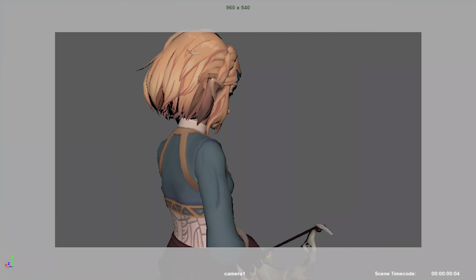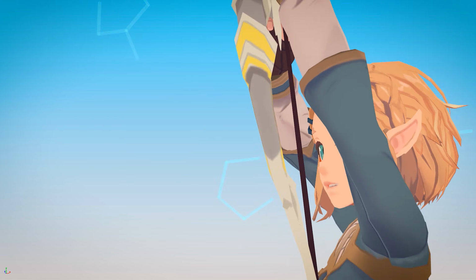You finally completed your animation and now it's time to showcase it to the world. Show it off on YouTube, Vimeo, Twitter, or whatever platform goes with your style. But rendering a shot in Maya will take ages. So how can you get a decent looking output quickly and turn this into this?